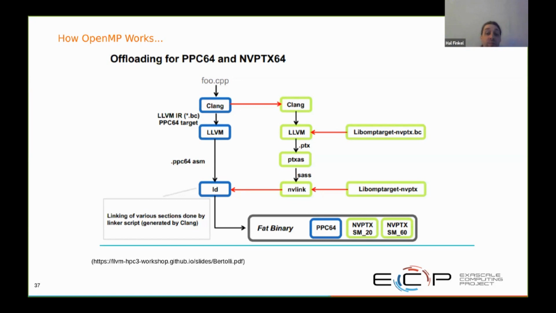The OpenMP support, of course, includes logic in Clang and the compiler. It also includes a device-side runtime library and a host-side runtime library. And it's often important that we enable inlining of the device-side runtime library into the code generated for the various